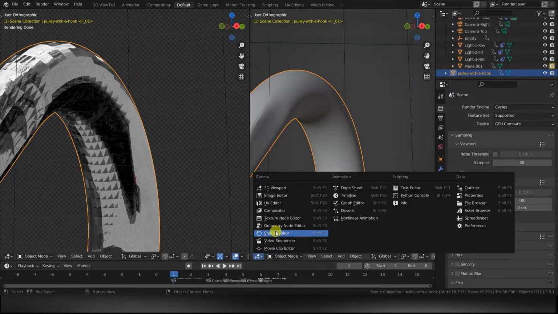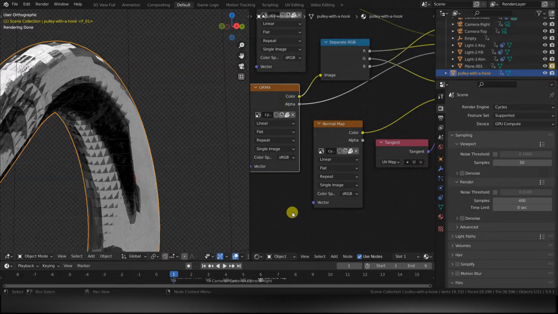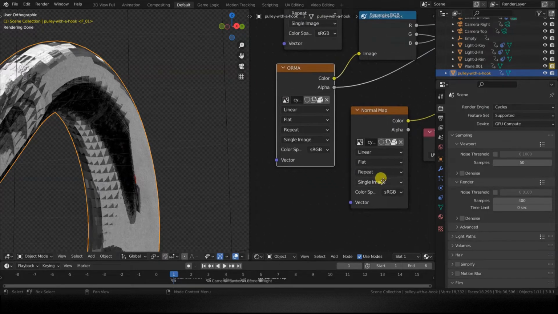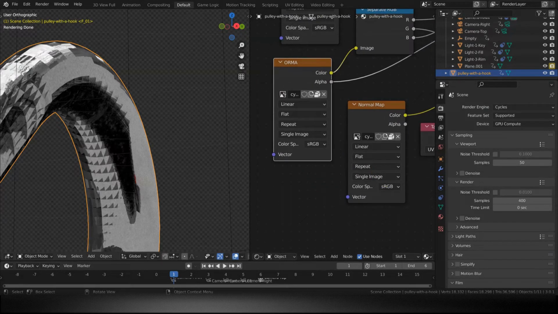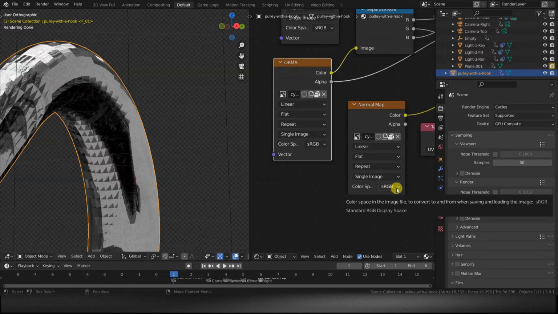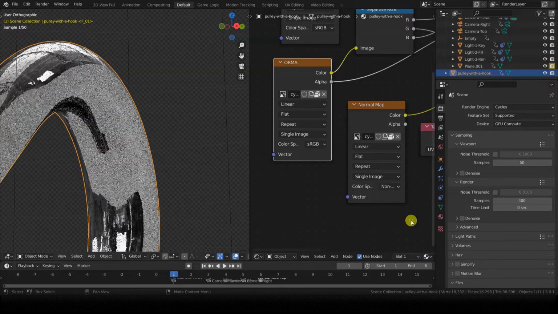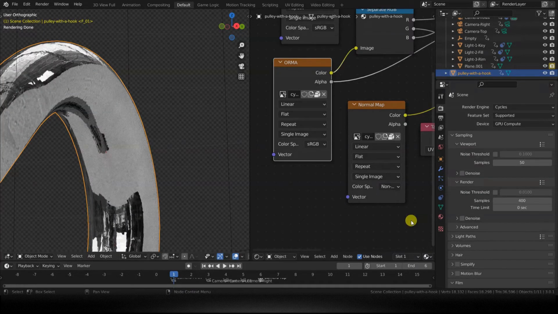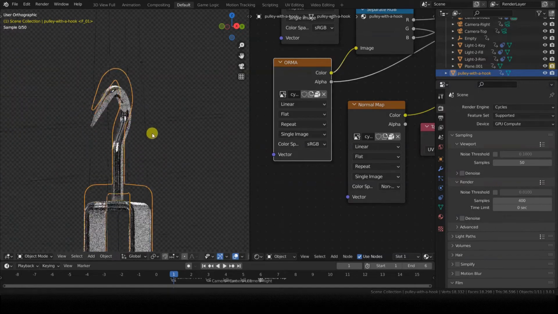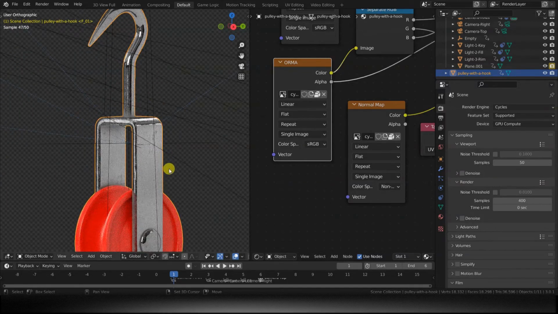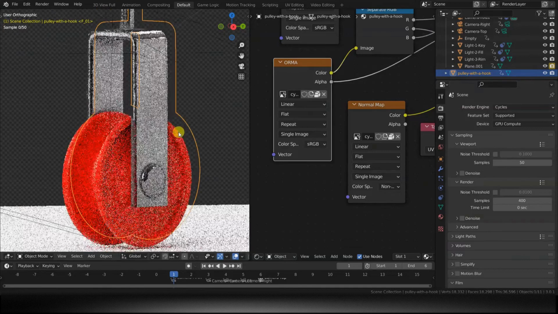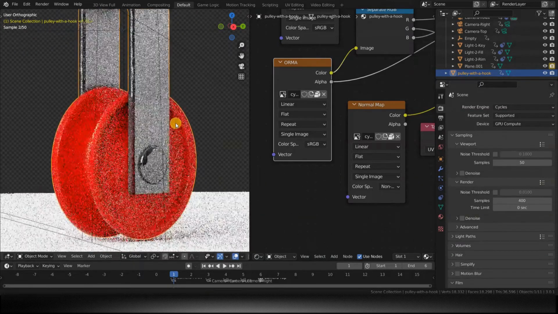In the image texture node in which I load the normal map, in fact, there is a parameter called color space. It is set to sRGB, which is okay for a base color image texture, but here I'm dealing with a normal map, so I switch to non-color data, and those strange artifacts are gone. So, if you see these strange artifacts on your objects, take a look at this parameter too.